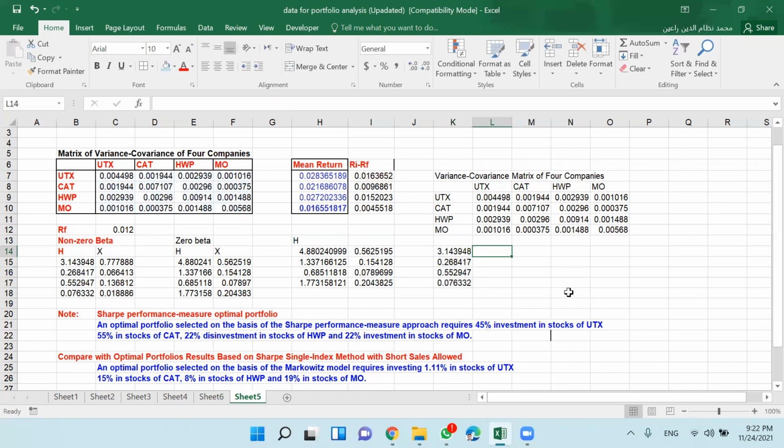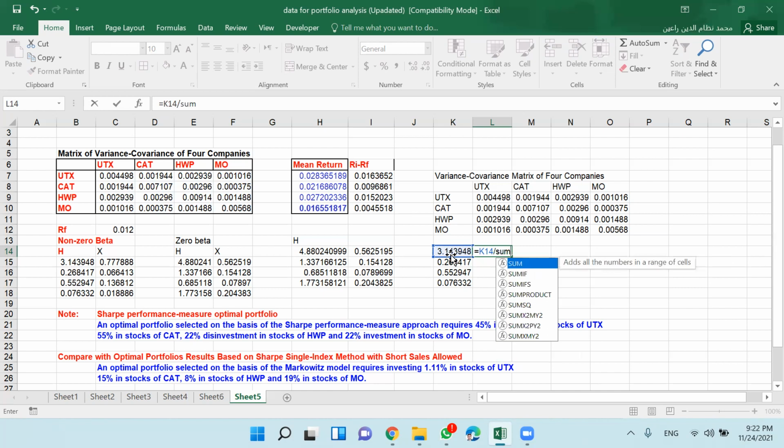What you do is, you see, each value of H you divide by the sum of H values, okay? So you pick up this value and then divide by the sum of return on all securities. And then you need to use the dollar sign.